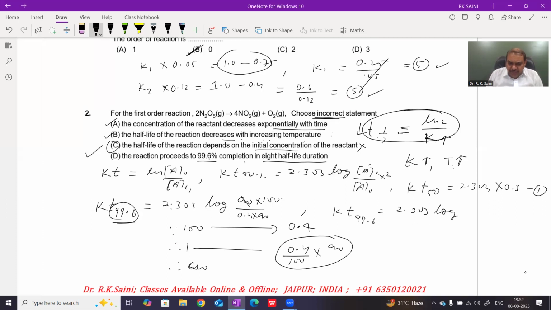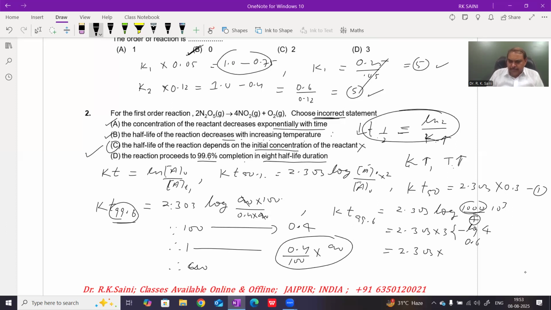Solving the equation, A node cancels, 1000 upon 4, or we can say 2.303 log of 10 to the power 3 into 3, then log, then minus log of 4. The value of log 4 is nearly 0.6. Therefore, this equation is